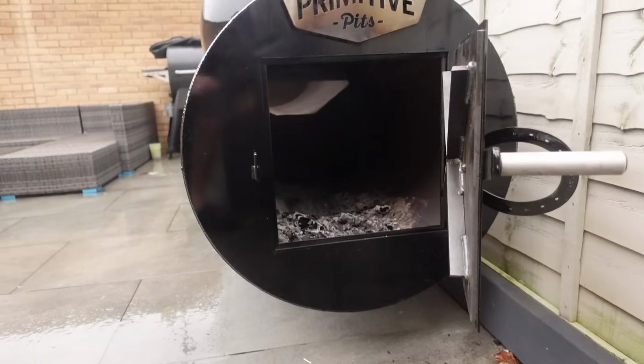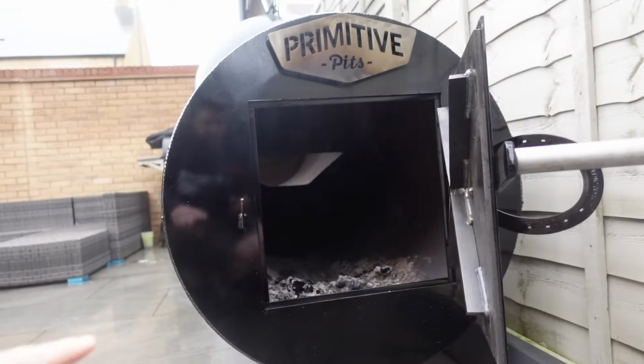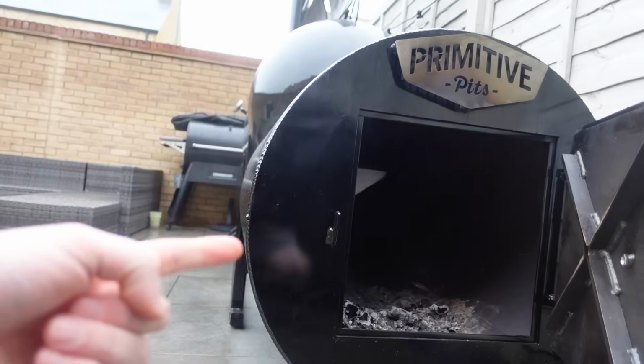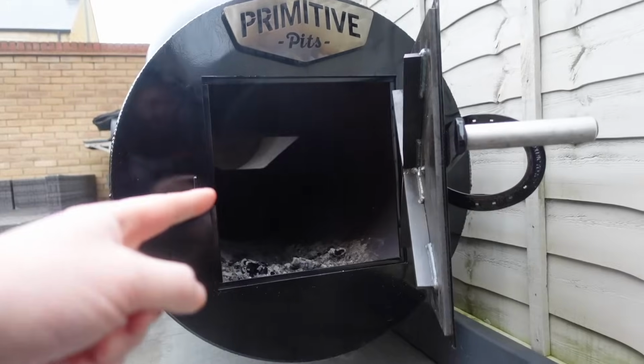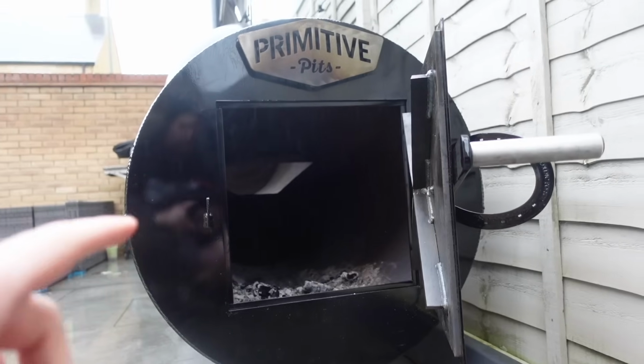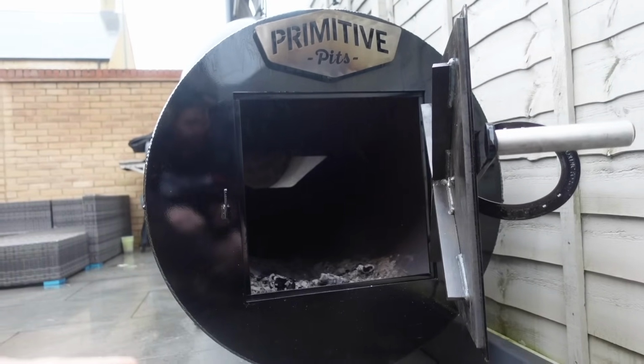Back to the firebox, I went semi-insulated. For those that don't know, that basically means there's the outer shell, so this stuff that's painted black, and then an air gap, and then an inner shell. Fully insulated would be to have that same air gap but filled with insulation, and I was going to go fully insulated on this, but the more and more I cook, the more and more I like those inefficiencies with a semi-insulated firebox. I didn't want it to get too hot, particularly in the summer, and after speaking to Joe Yim,